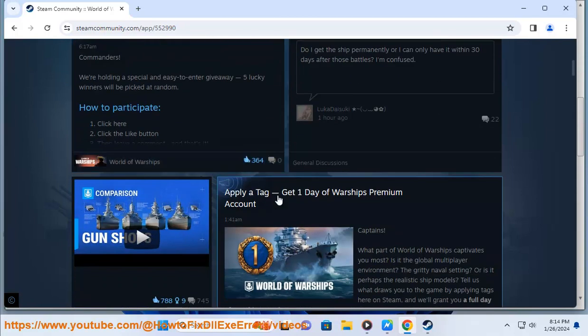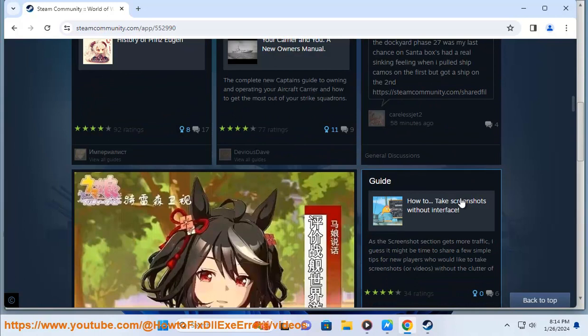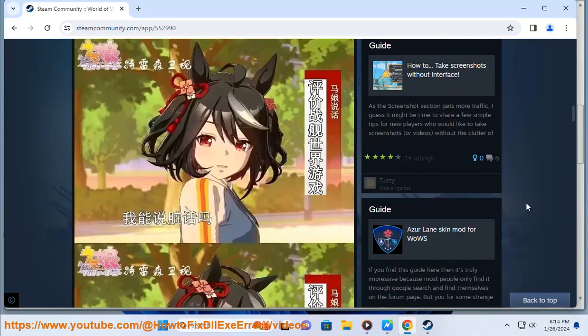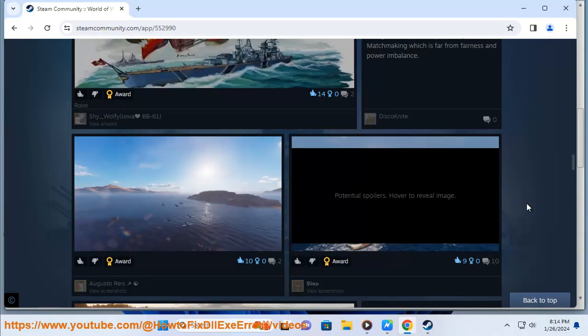To join the Steam community, you need to have a Steam account and the Steam app installed on your computer. You can sign into the Steam community using your Steam username and password, or create a new account if you don't have one. You can also access the Steam community from your web browser, mobile device, or console,